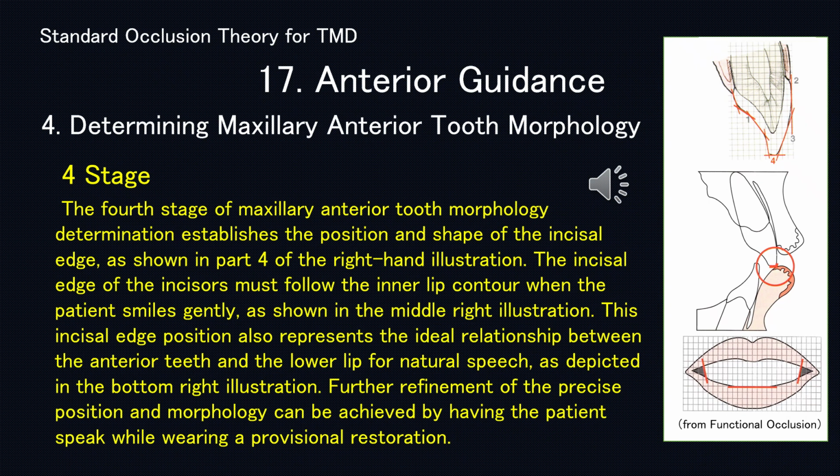This incisal edge position also represents the ideal relationship between the anterior teeth and the lower lip for natural speech, as depicted in the bottom right illustration. Further refinement of the precise position and morphology can be achieved by having the patient speak while wearing a provisional